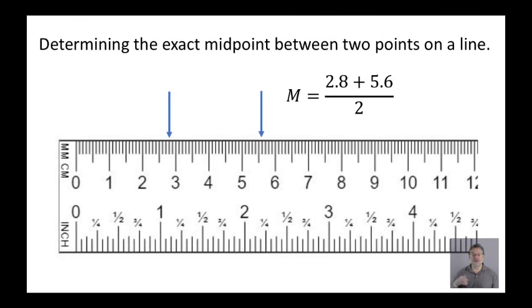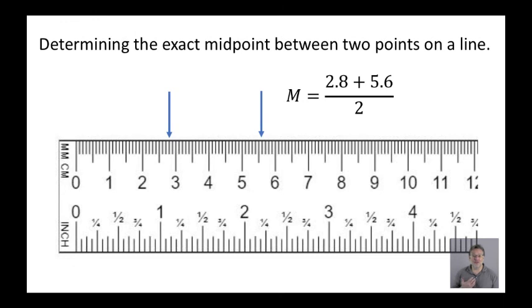We can also define a formula for discovering and describing what the midpoint is between 2 points on a ruler. And boy, again, do we use this in the context of things like the woodshop. When we take a look at these two arrows here, and now I'm working not with English units, not with US units, but with metric units, more specifically centimeters and millimeters, I have arrows on 2 separate locations there, one being 2.8 centimeters, that's the one farther to the left,